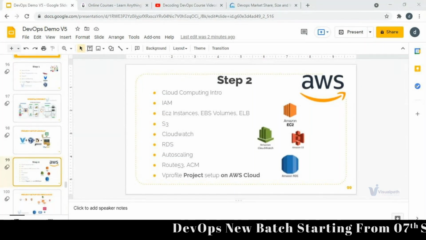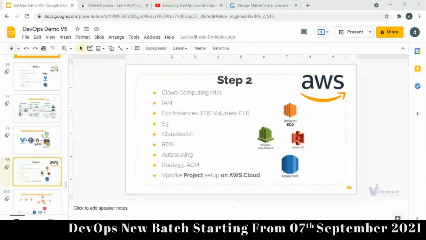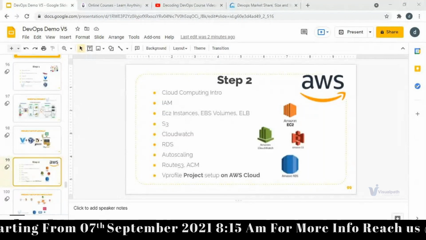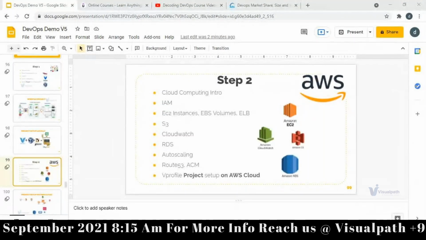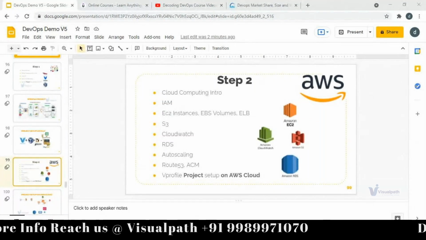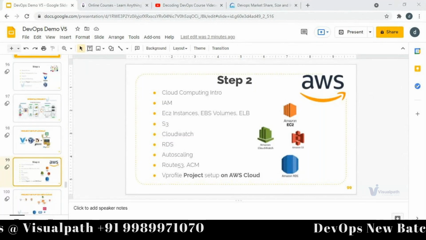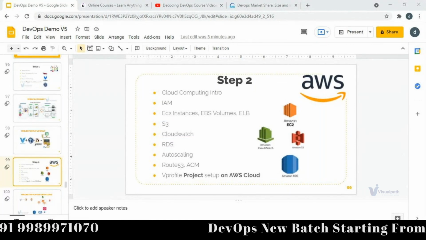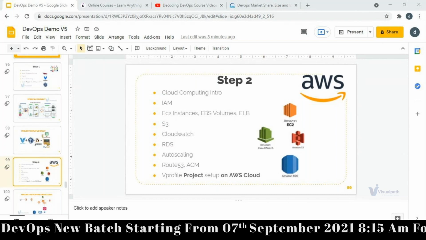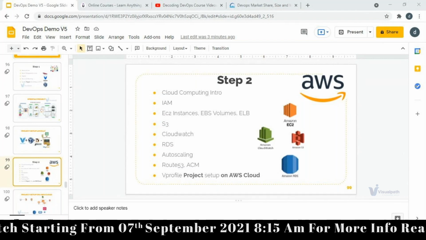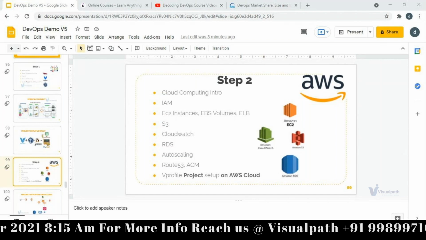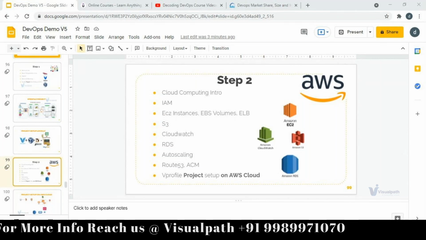Offline classroom training, I can't give you any guarantee now, because we started, then lockdown came again, then we started, and now we're trying to start a classroom, but let's see how it goes. We need to have good numbers. But it is not going to be an online classroom like this one. It's going to be full day training where I train them for an hour or so, and then they will be practicing the whole day. It will be for people who don't have any job, or are idle, or freshers or newcomers.